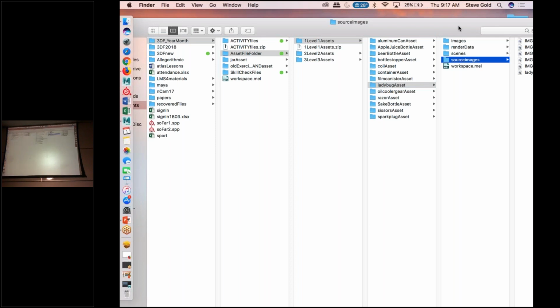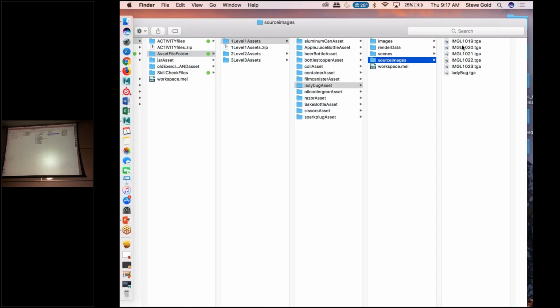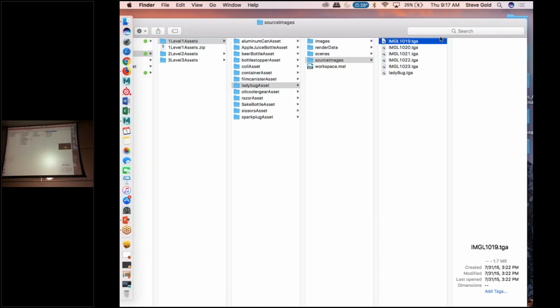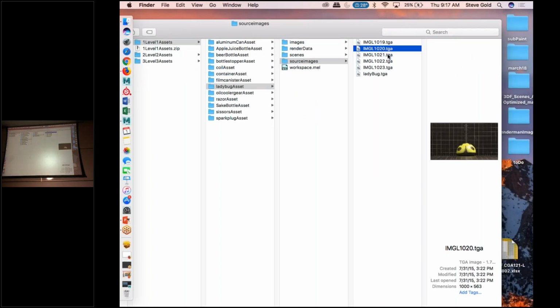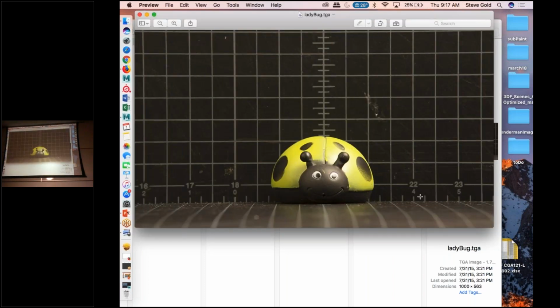But if you look in that folder, you'll see there's a bunch of images in there. And each of these images is intended to help you build the thing you're building by showing you different angles of it so that you can use that as reference. So for example, if you take a look at this image, you'll see that there's like a grid behind the ladybug. And the ladybug is 3 1/4